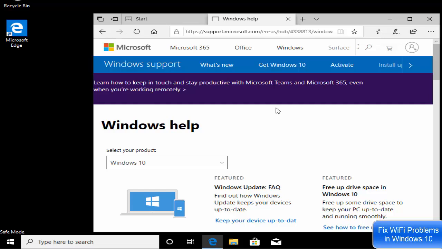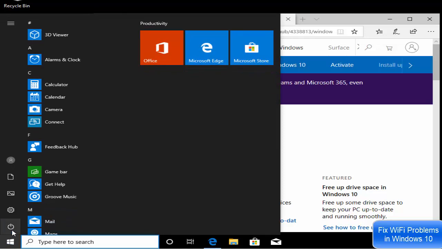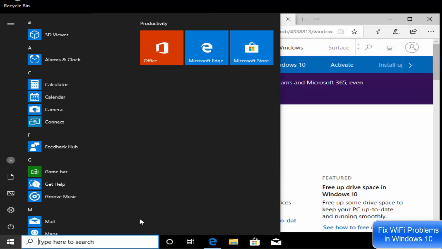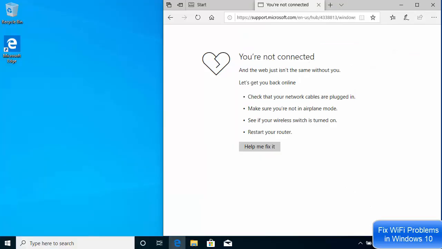If the internet is working, that means some external software is blocking your internet. For example, it can be your antivirus program or any other DNS or network related software which you have installed externally. So try to disable that software when you go to normal mode once again. If you don't know how to go to normal mode, you can just restart your PC from here and you will go to normal mode once again. If your problem is not fixed, then we will move to the next solution.